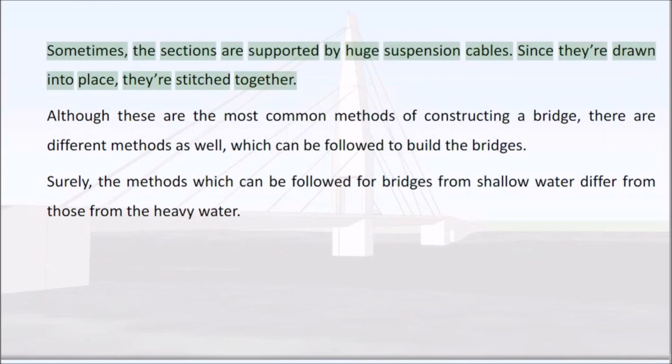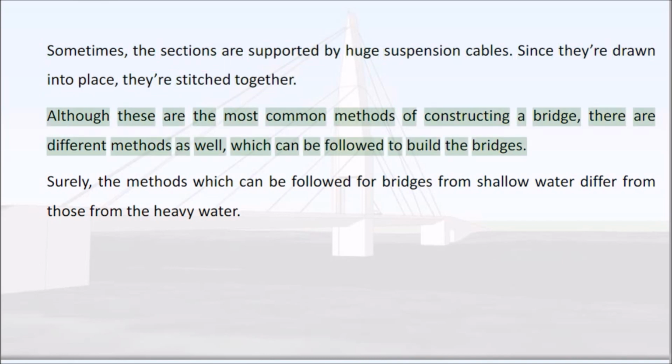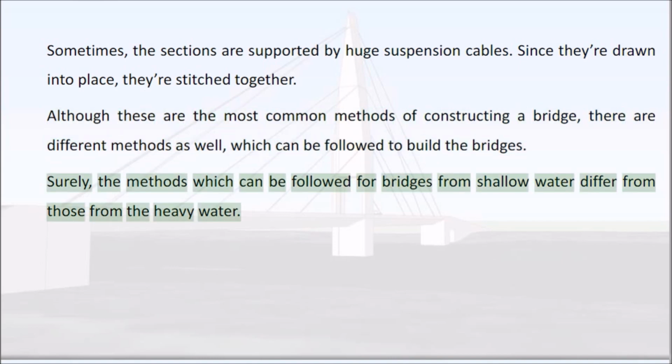Sometimes the sections are supported by huge suspension cables. Since they're drawn into place, they're stitched together. Although these are the most common methods of constructing a bridge, there are different methods as well. Surely, the methods followed for bridges in shallow water differ from those in deep water.